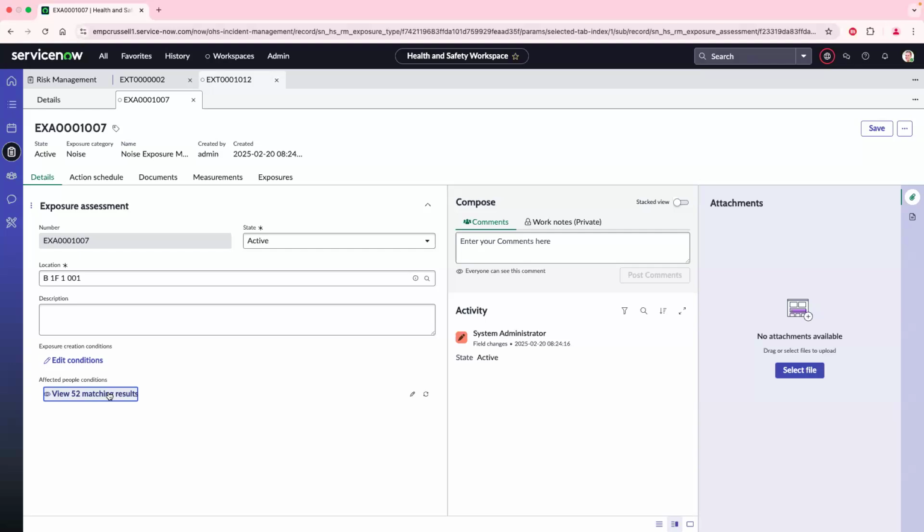Now, at this point in our workflow, we don't know what the exposure measurement is, but we do know that these 52 people could be impacted by the exposure. Thus, in the future, they might have adverse health impact. So what we'll do next is we'll save our record here,